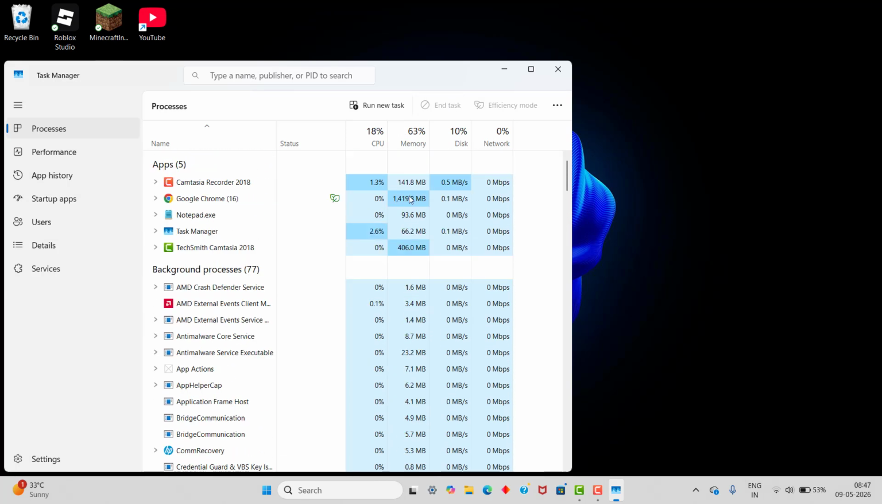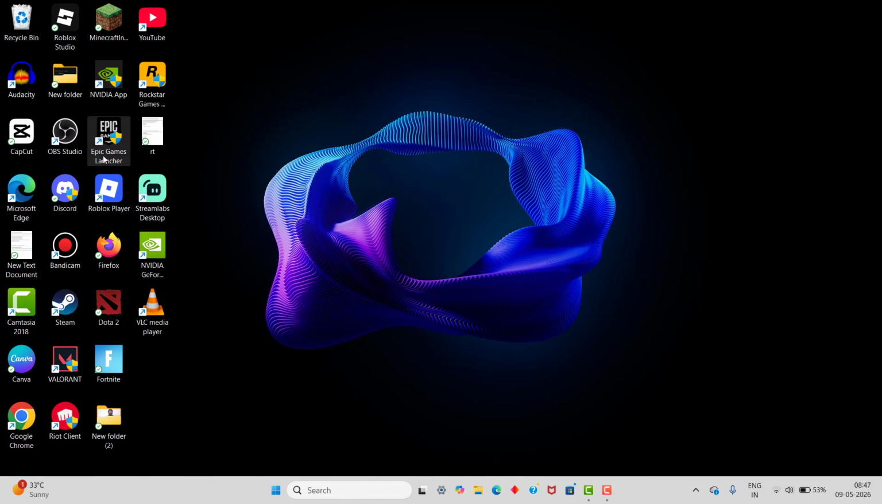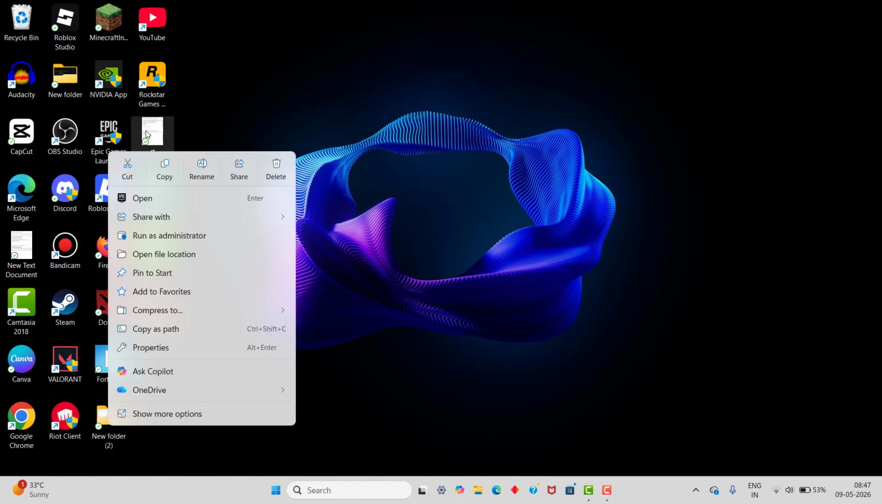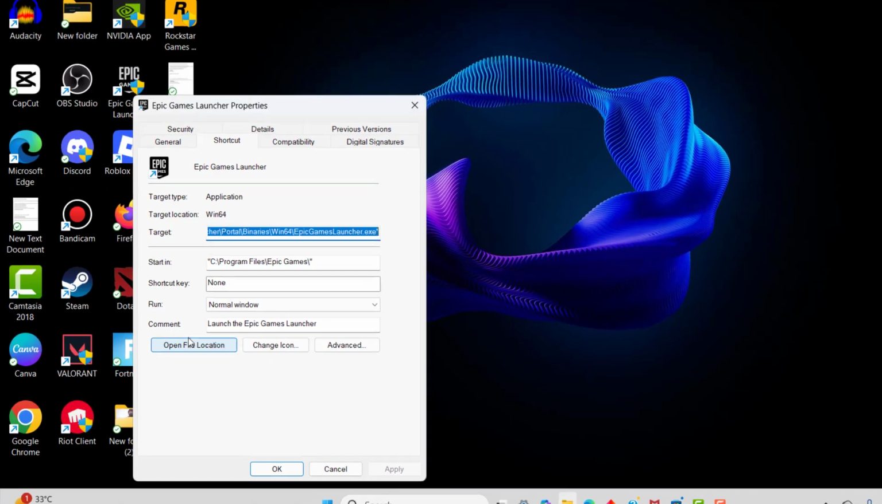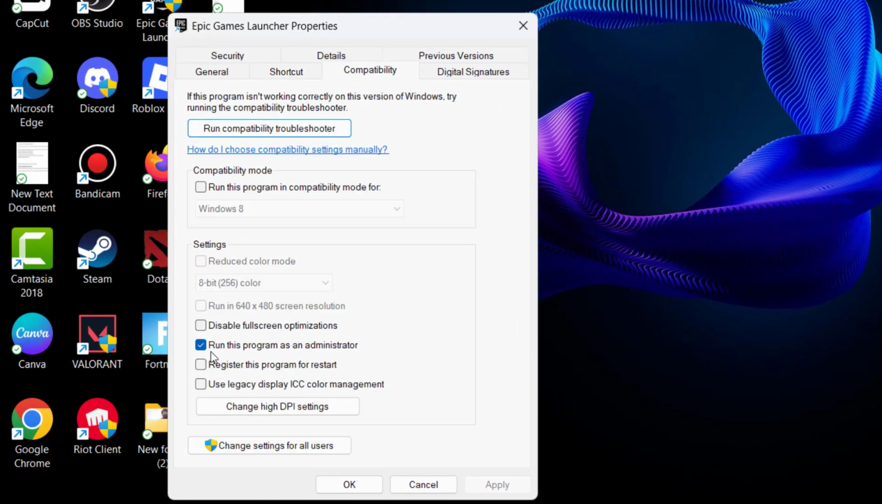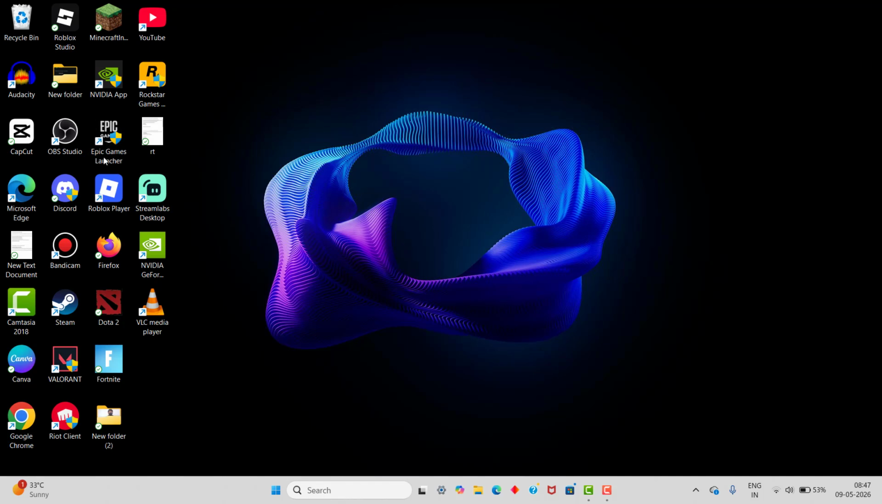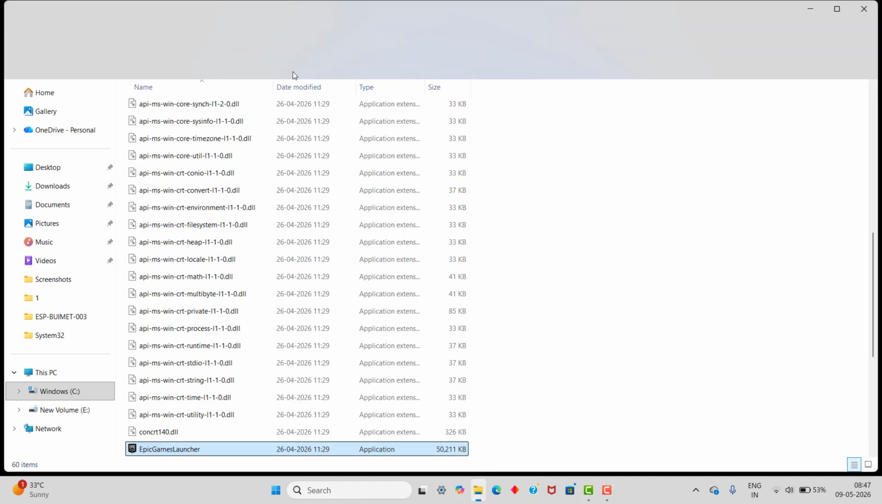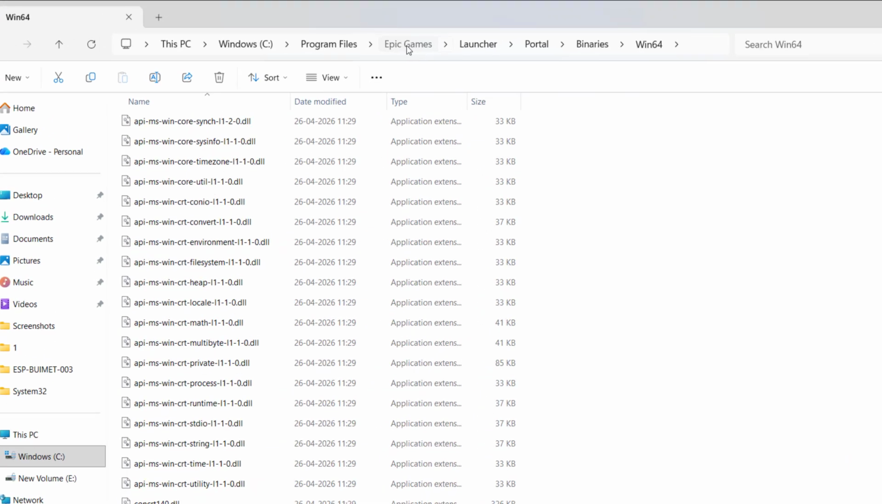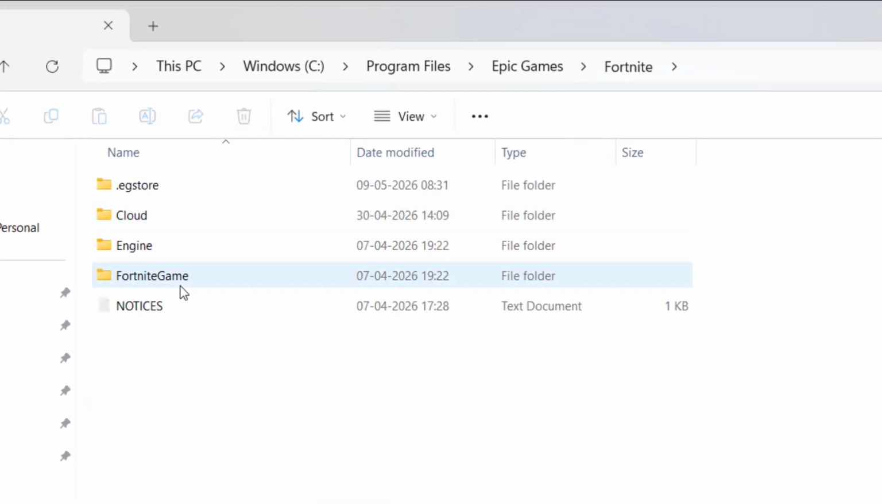Once complete, you need to come back and go to Epic Game Launcher, click properties, and go to compatibility and make sure "Run the program as administrator" is enabled. Again click it and go to open file location and click the Epic game, click Fortnite, click the Fortnite game,